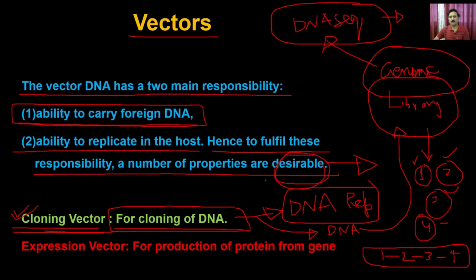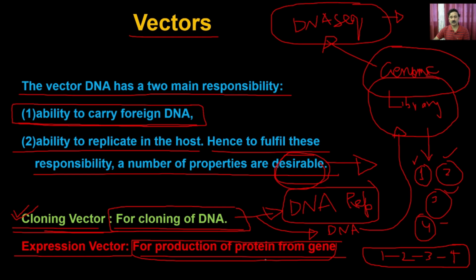The other is that you want to study some basic processes or the activity of some protein. That way you can use the cloning vector for studying, for example, DNA replication and transcription. Apart from that, you can also use the expression vector. The purpose of an expression vector is to produce the protein from a particular gene. So in this case, you can clone a particular gene and use that for cloning purposes.